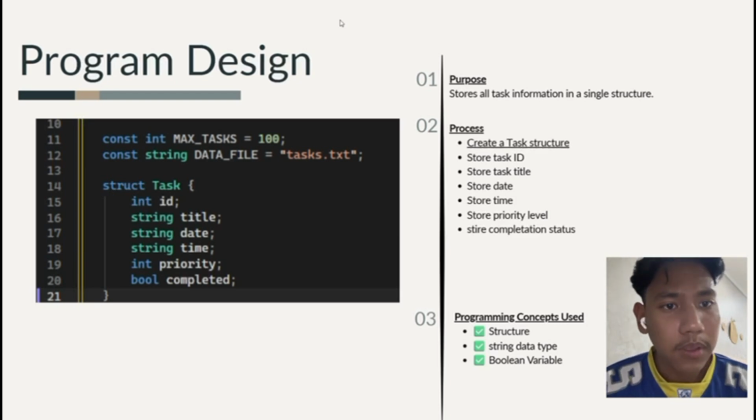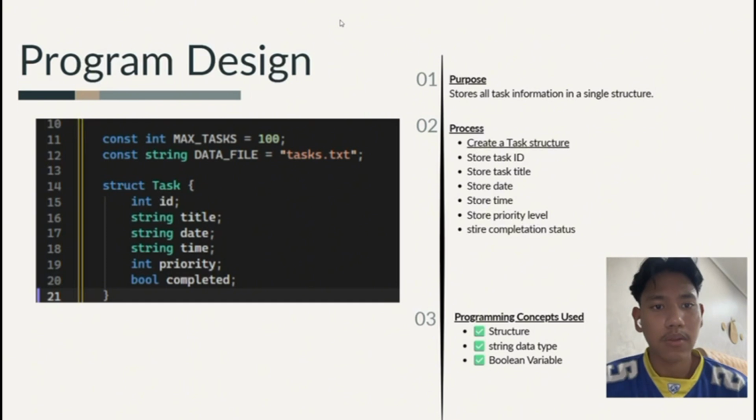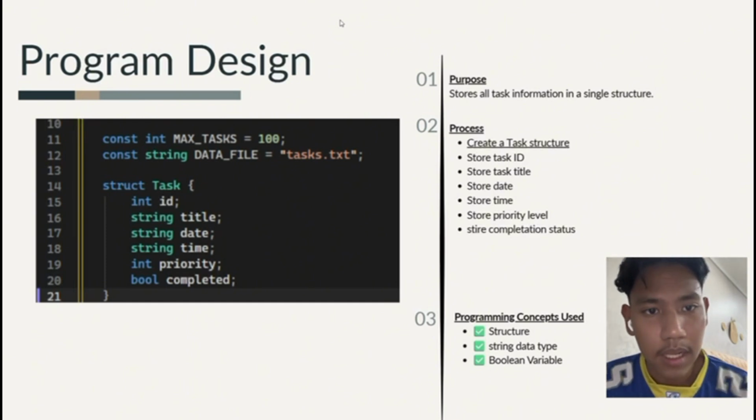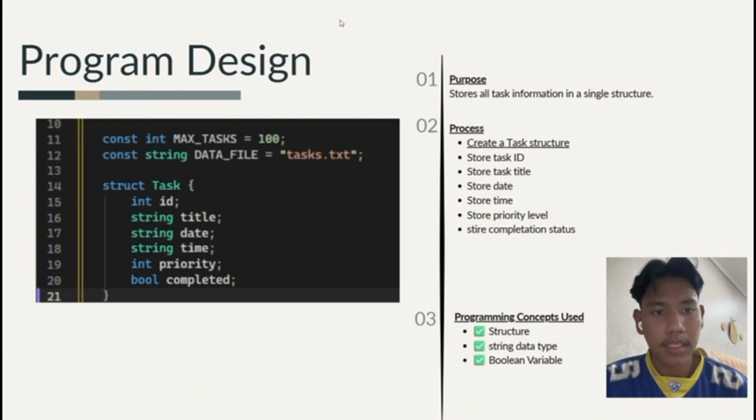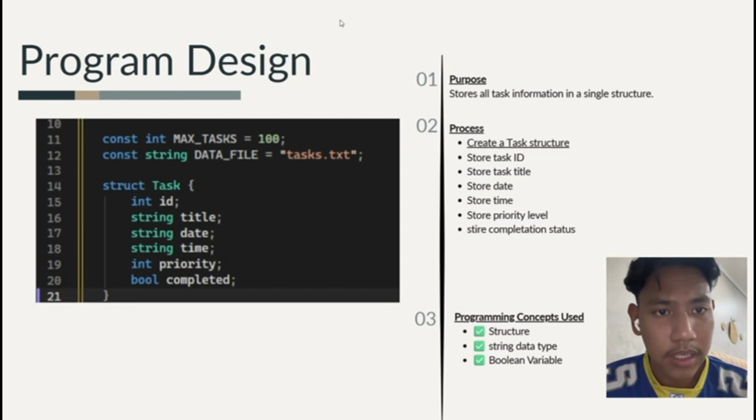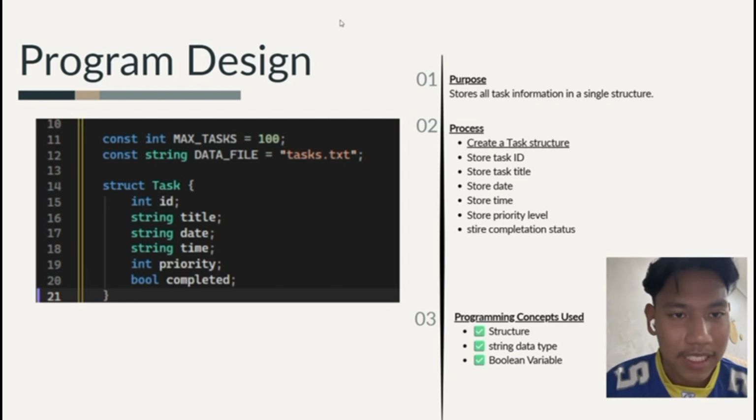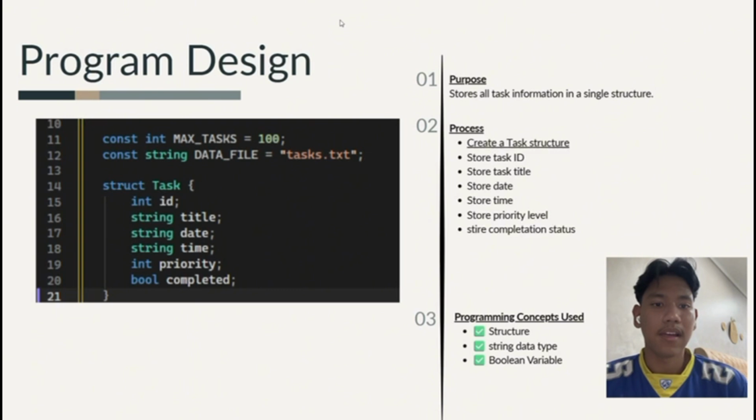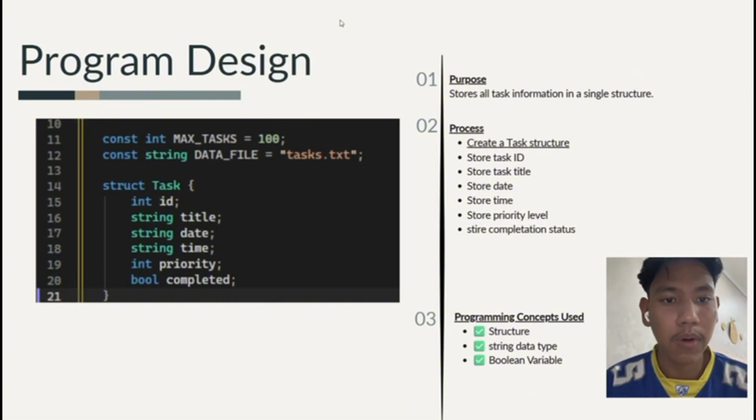Our program uses a structure named task to store task information. Each task contains 6 attributes: task ID, title, date, time, priority, completion status. These attributes are grouped together using the structure so that task information can be managed more